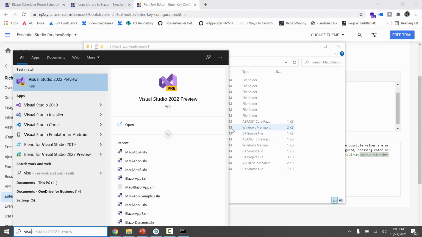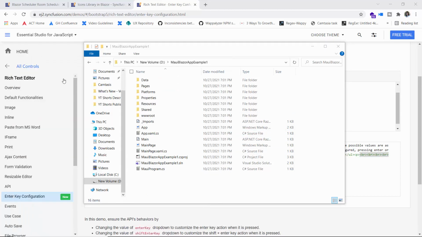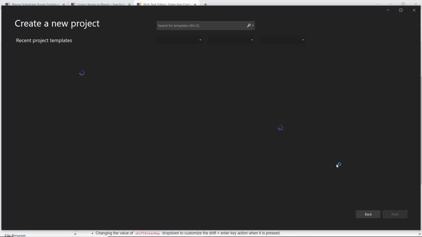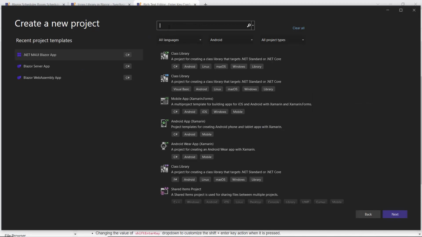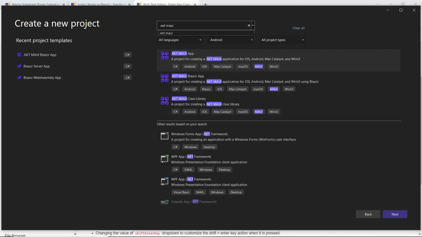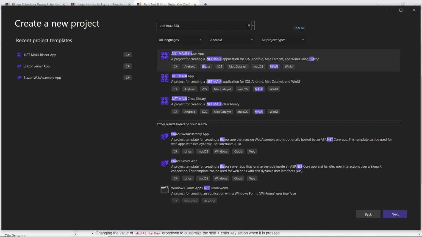I'll open Visual Studio 2022 preview. I'll create a new project, and here I'll search for the template .NET MyUI Blazor app. For the very first time, you need to search here, and you can also look at the recent project templates.